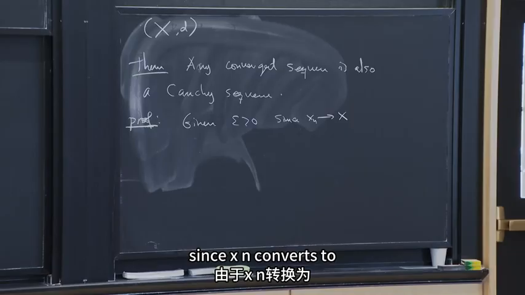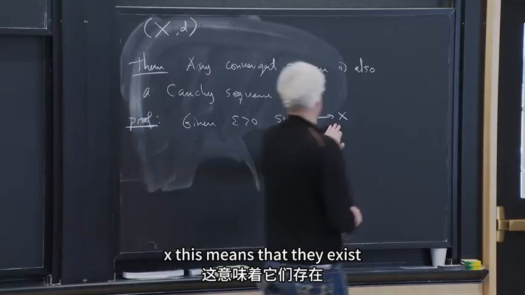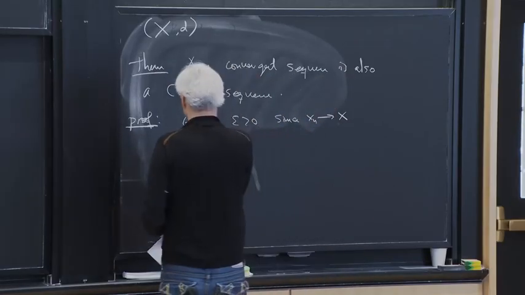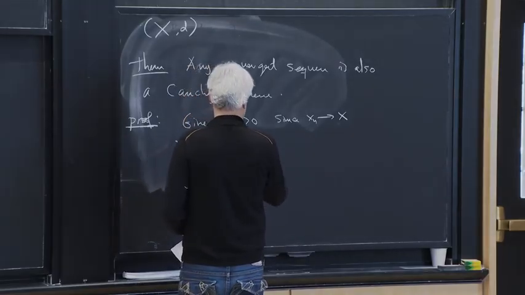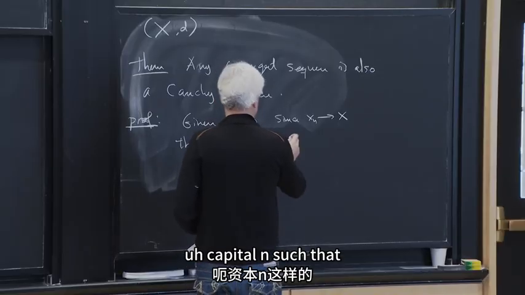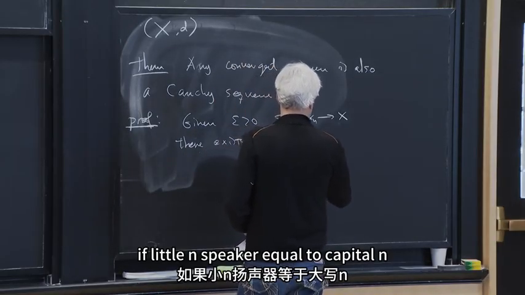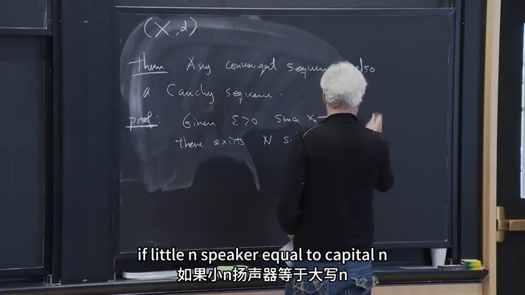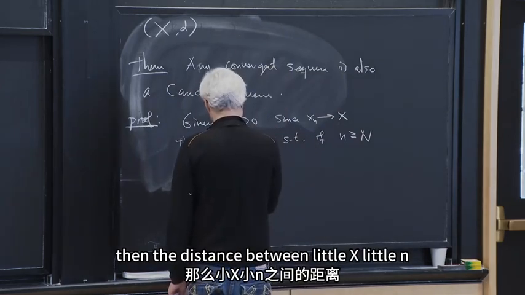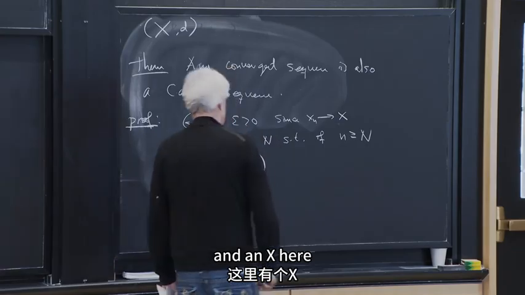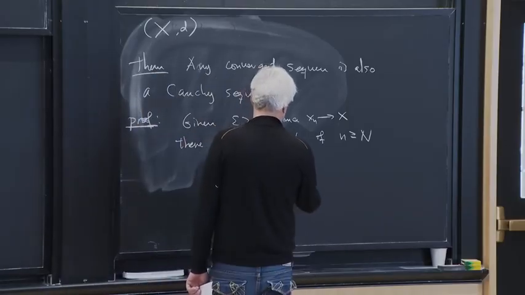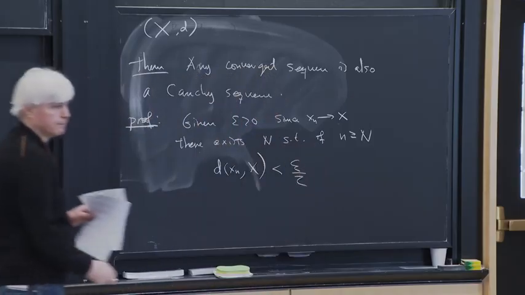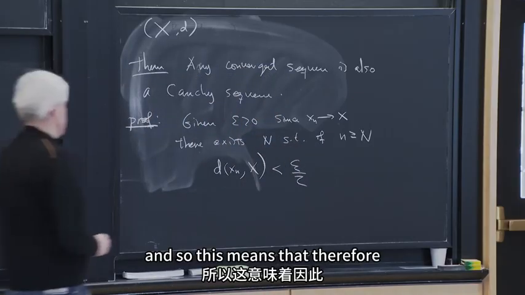Since x_n converges to x, this means that there exists capital N such that if little n is bigger or equal to capital N, then the distance between x_n and x is less than epsilon over 2. Right? And so this means that, therefore,